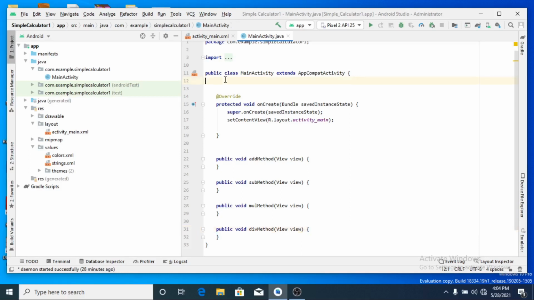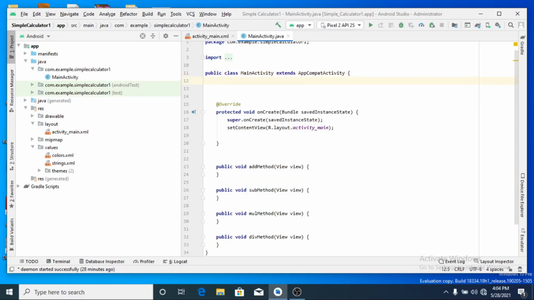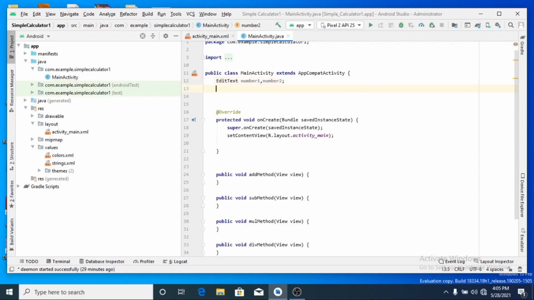What all things we want? Actually, we want first edit text, correct? I want an edit text. Hence, start with that edit text. Okay. How many? 2 numbers. I will give number 1, comma, number 2. Okay, just naming.